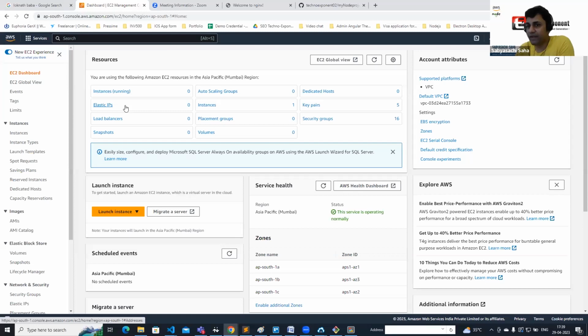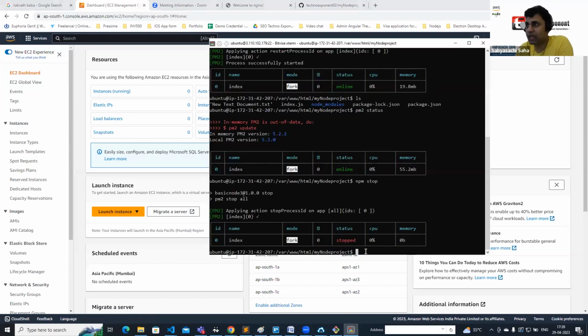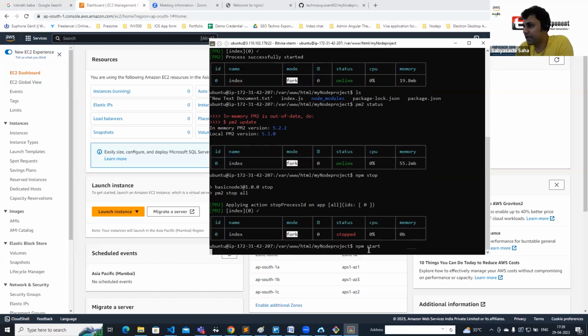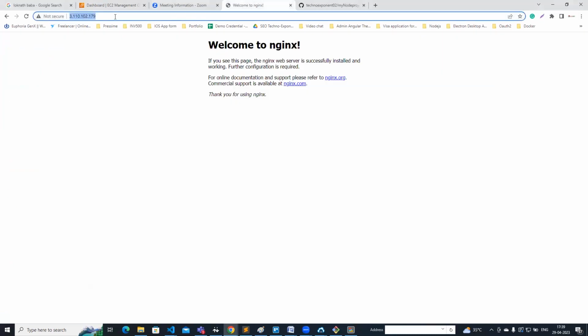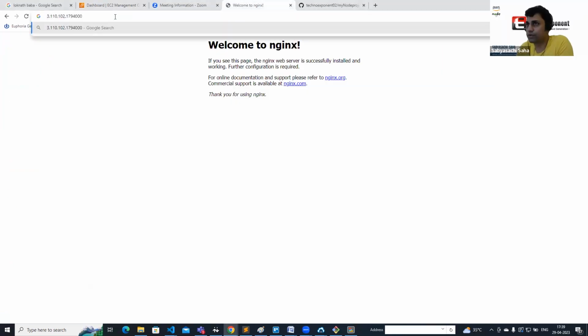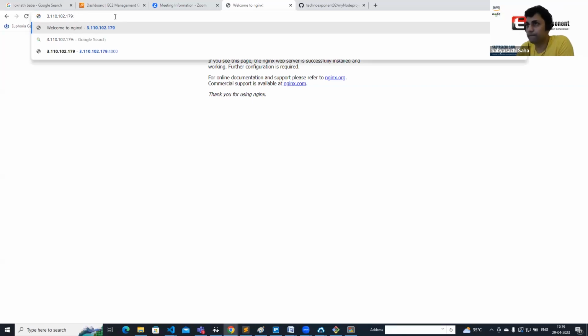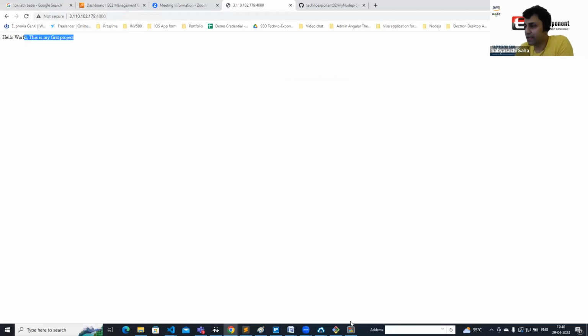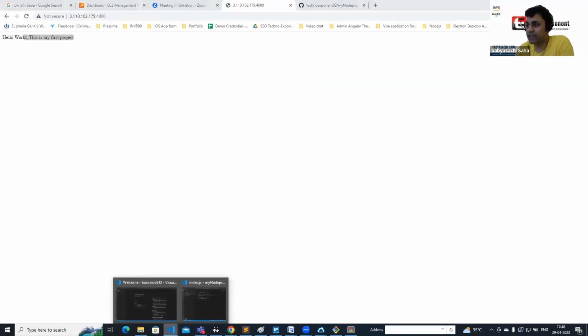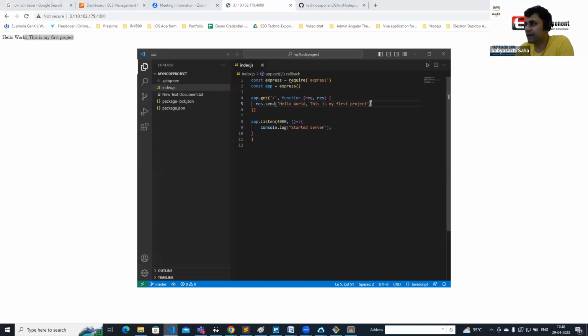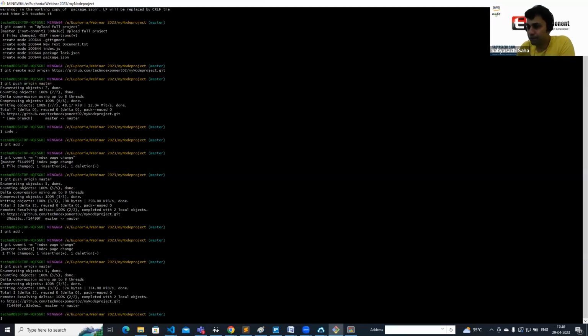Right now, if I change anything on my server, I have to pull the code again and again, and I have to open these windows and pull the code. So I want to show you one thing one more time: if I just do npm start, and I do it here on port 4000, my project is running. Now if I have to change anything, then let's say I run a command here like Techno Exponent, and I push my code,